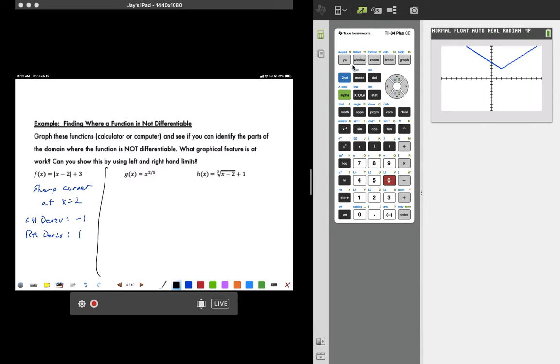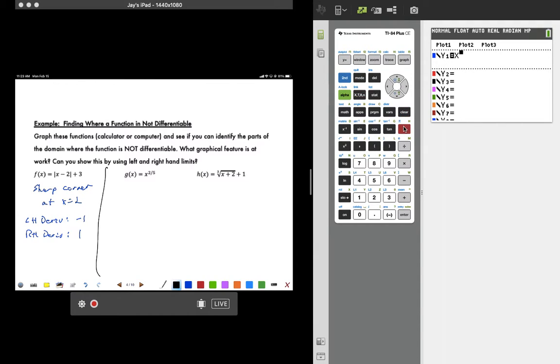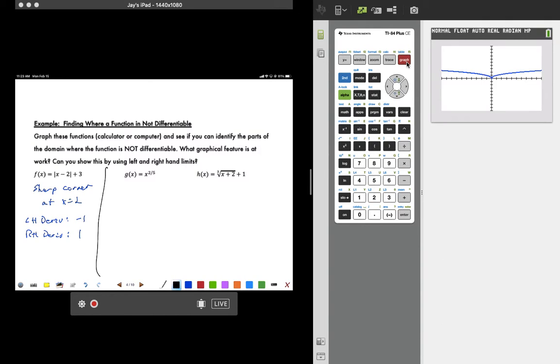Okay, so now let's take a look at x to the 2/5 power. Let's clear this out, and graph x raised to the 2/5 power. That would lead us to believe that this is a cusp, and that cusp is occurring at x equals 0. Now, how can we prove that this is a situation where the derivative doesn't exist? Well, if we find the derivative using our power rule, we get 2/5 x to the -3/5,